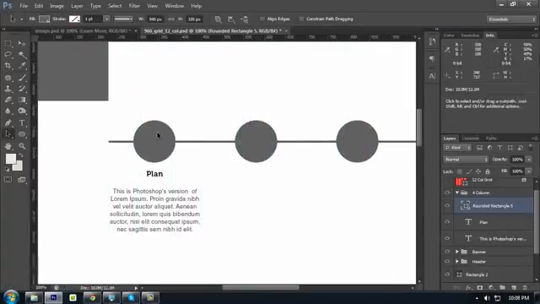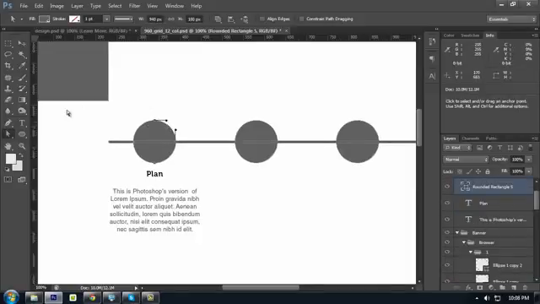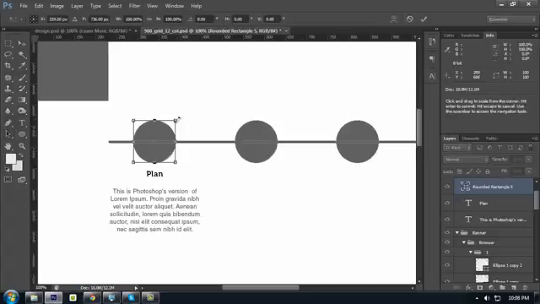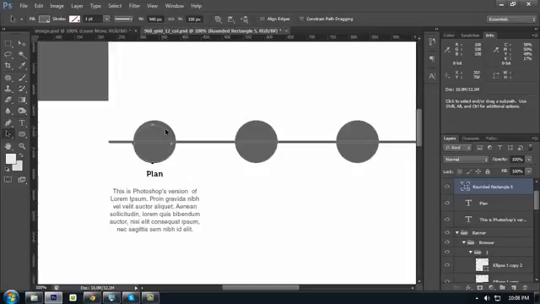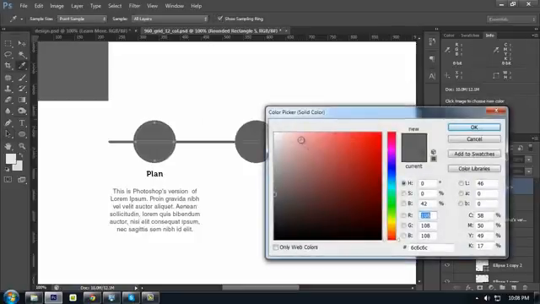And inside of this one, copy it again and Control V, and then transform it to make it 90 pixels like that, and then move it over to the center. So make sure it's aligned well like that, and change the color to